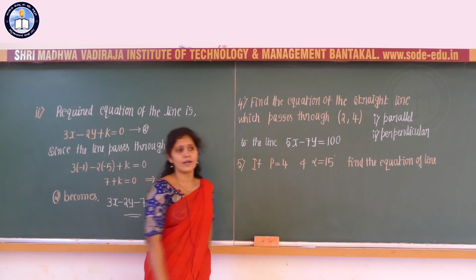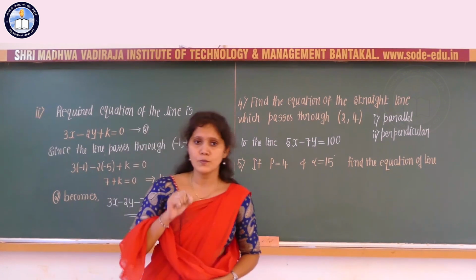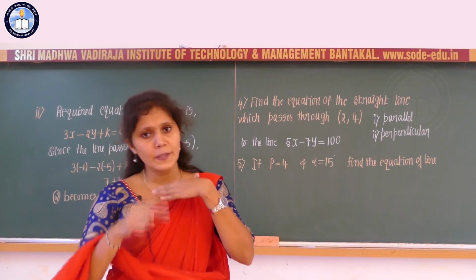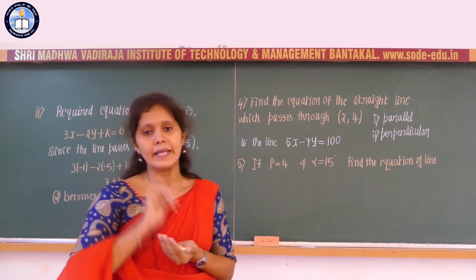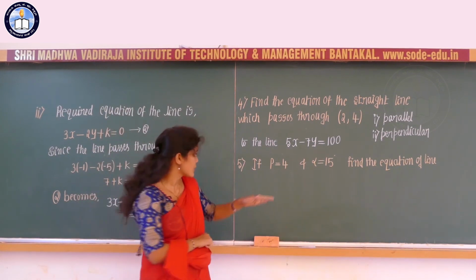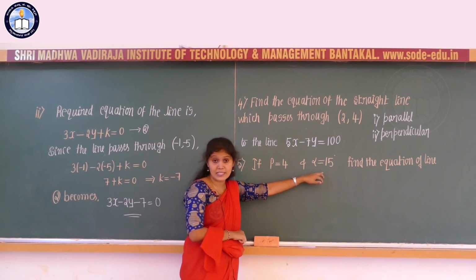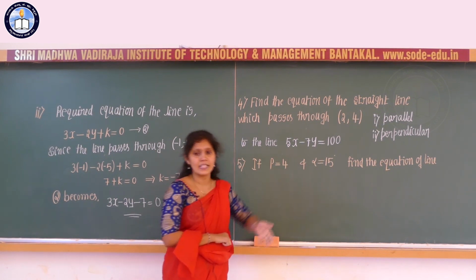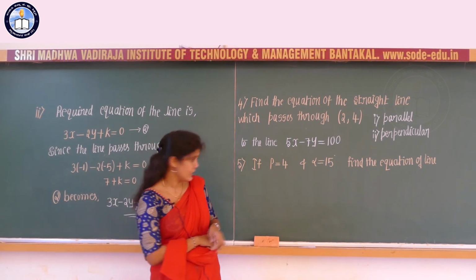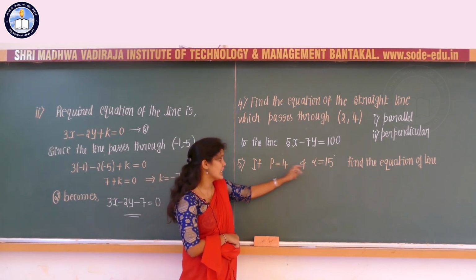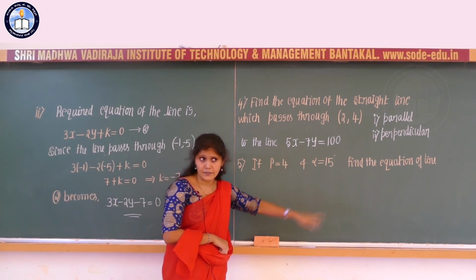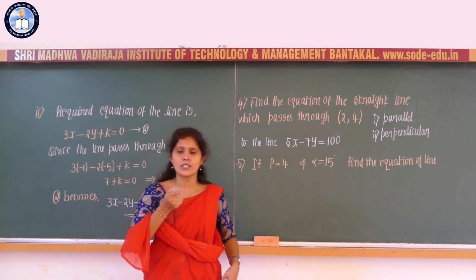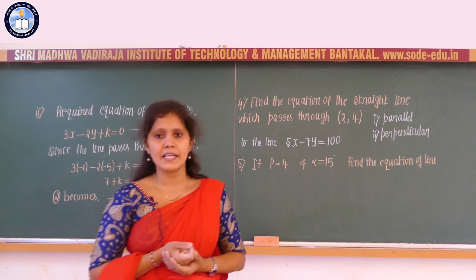We have completed 6 forms of the equation of a line, and only with one of them we have p, the length of the perpendicular. So p is equal to 4 and alpha is equal to 15 degrees means that it is the normal form of a line. The length of the perpendicular and alpha are given, you should be able to find out cos 15 degrees and sin 15 degrees.